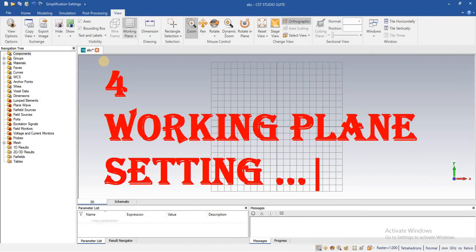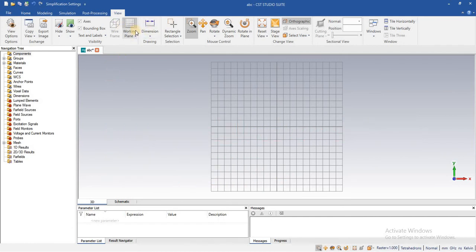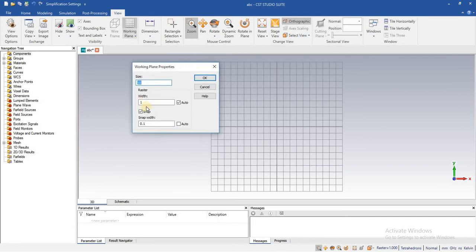The fourth step is you have to define the working plane setting. First go into the view bar and there is the working plane. Just click on the working plane properties. You have to define the width of these grids. This will be very helpful with the calculation of the project.